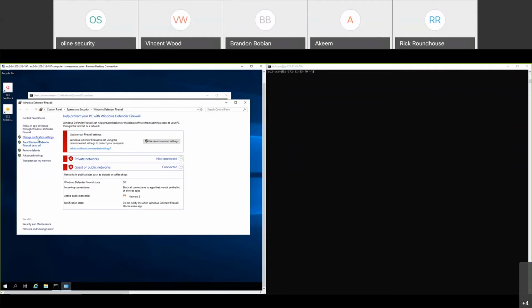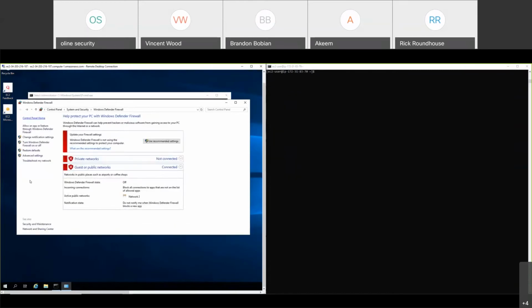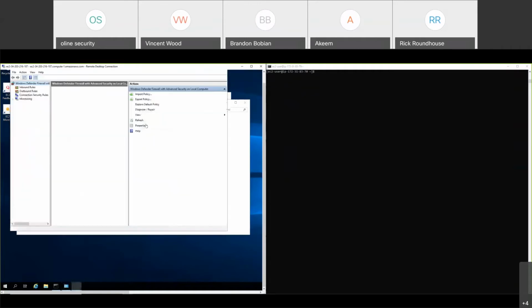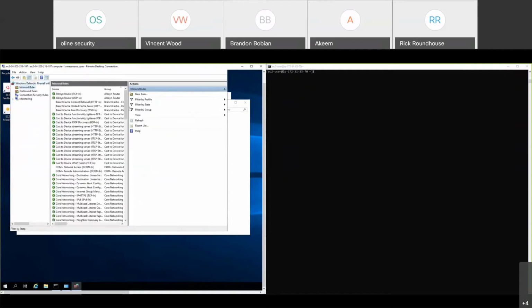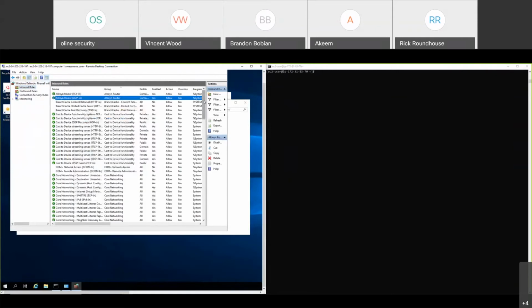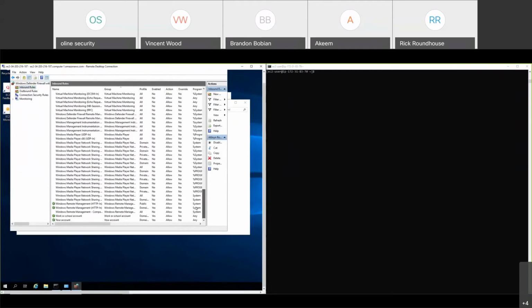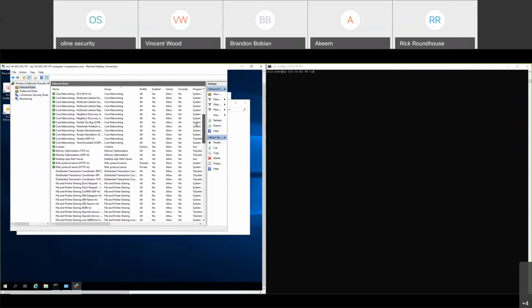Over here, these ACLs, where am I looking for? Advanced, advanced with it. See, I'm used to doing IP tables on Linux. Here we go. So here, there's an ICMP rule. It has to be, obviously, because it was blocked. These are all the inbound rules. If I can get my mouse back. No. These are all the inbound rules right here on your Windows OS. Probably not going to be that easy for me to spot out the ICMP pack.